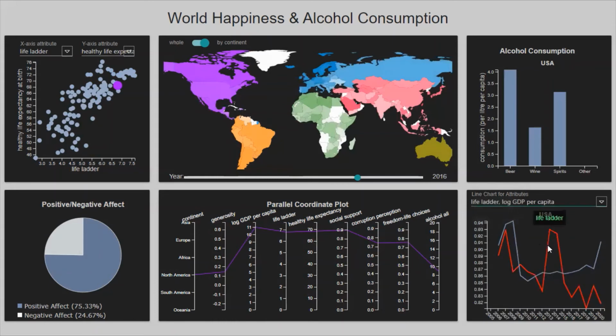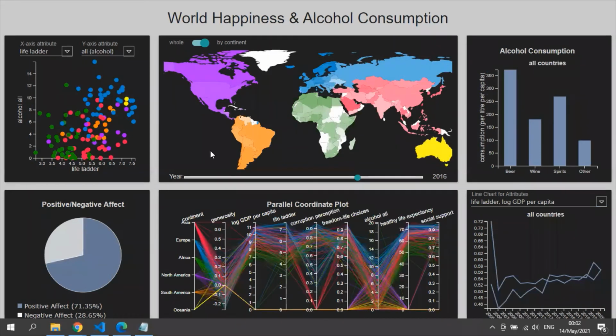This is the life ladder line and this is the log GDP per capita. As you can see, though the GDP per capita is increasing from years 2015 to 2020, the life ladder score is decreasing. So this is one of the interesting exceptions that we found for this hypothesis.